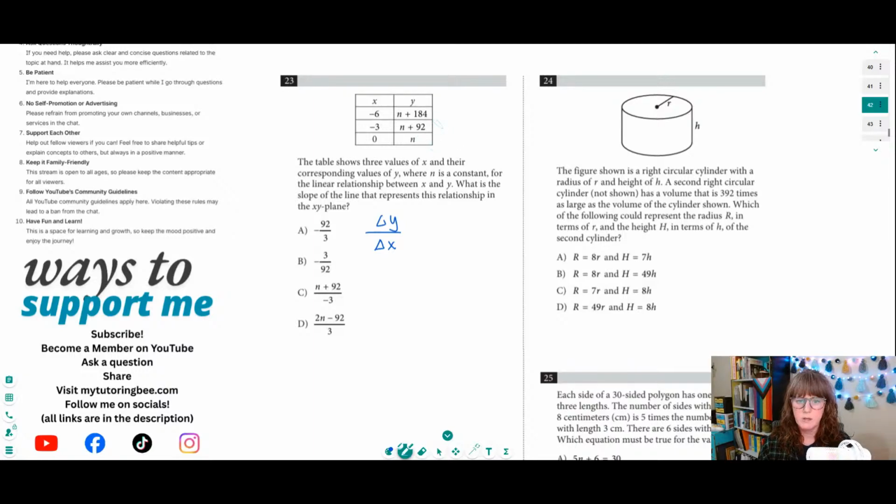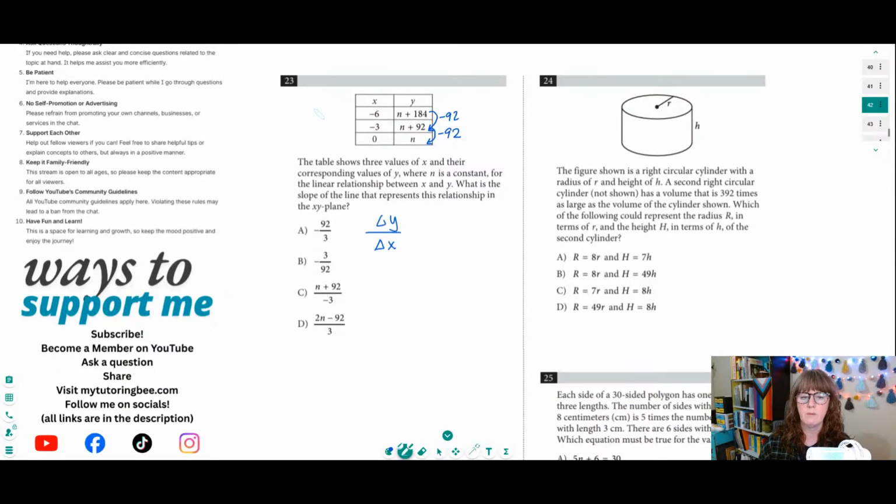So let's look at our y values. We don't know what n is, we don't know what that value is, but all of these are just being added to n. So n is a constant, and it told us that here. N is a constant in each of these. So what is the difference? What's happening each time we jump from one row to another? So let's see. We've got 184 minus 92 is 92. Okay, so we're subtracting 92 when we go down here. And then, yeah, that makes sense because we're not adding anything to n in this third row. So we've subtracted 92 again.